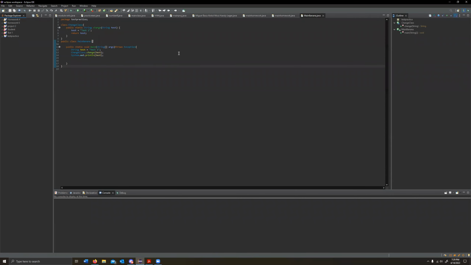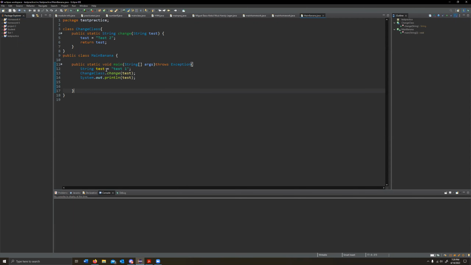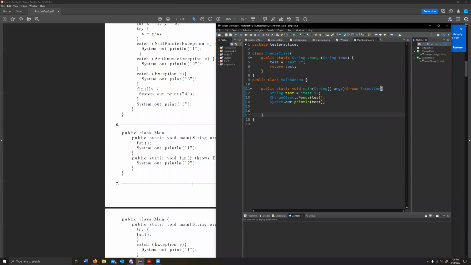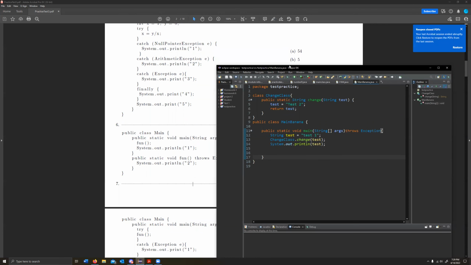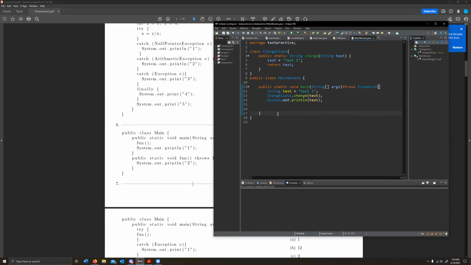Isn't it because you need a catch with it? So even if you don't have the throws, if you just surround the function with a try or catch, it should also work. Yes, that is very true. That's a very good point. It is probably what it is. Because the thing is, if we were to just type it out,